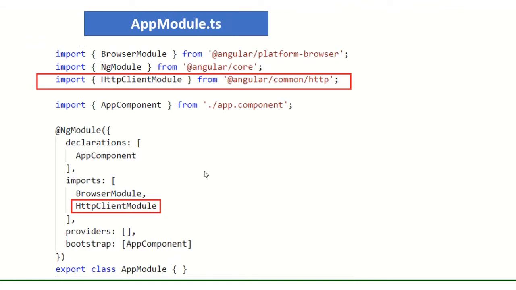Now you can see the code here. In app.module.ts, we are going to import HttpClientModule from @angular/common/http. After importing from that location, we use the imports part here and again write this HttpClientModule. So this NgModule now requires HttpClientModule for calling a web API, and then we have to do another thing in